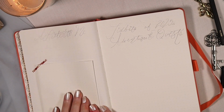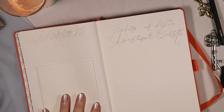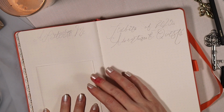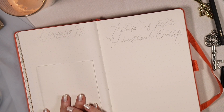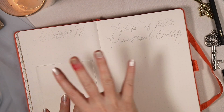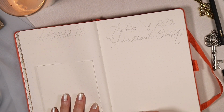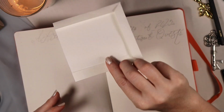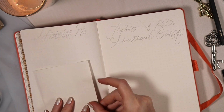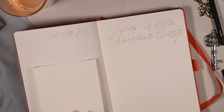So let's go over to our final page, which is an idea that I saw and I decided I wanted to do it for this year, and that is a little slot here with a letter to myself that I will write at the end of the year, and then I will not read it until the start of next year, or maybe until I start my next bullet journal halfway through the year. So I have this cut out and I have folded it over. So I'm going to use some double-sided tape to stick it on down, and then I will label and decorate,